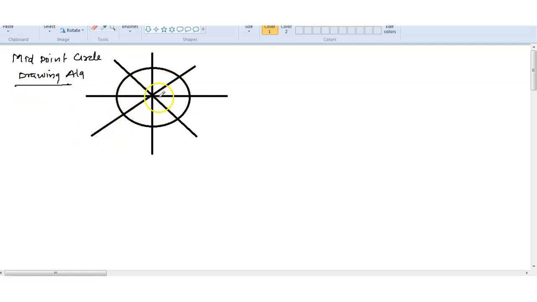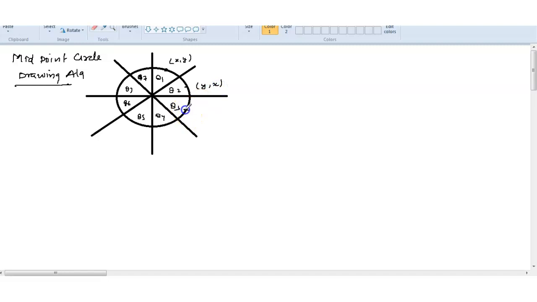If you divide this whole circle into 8 symmetric coordinates, consider that this is the first quadrant Q1, Q2, Q3, Q4, Q5, Q6, Q7 and Q8. Consider any point here. This coordinate is x and y. Another we can find by the reflection with respect to this 45 degree line, y is equal to x, this is a straight line. So this coordinate we get by interchanging y and x.